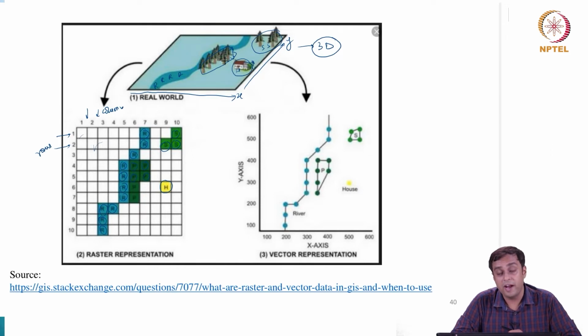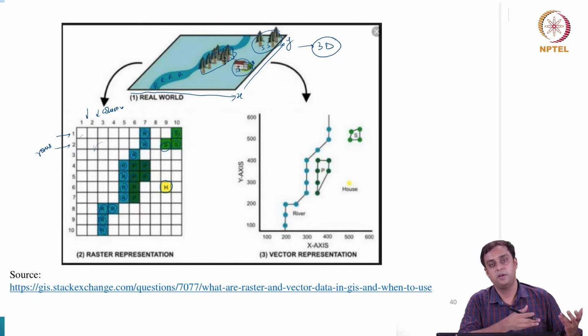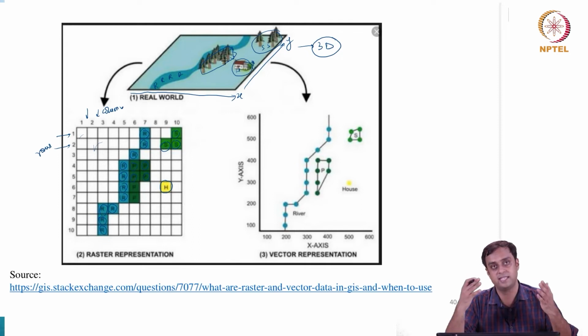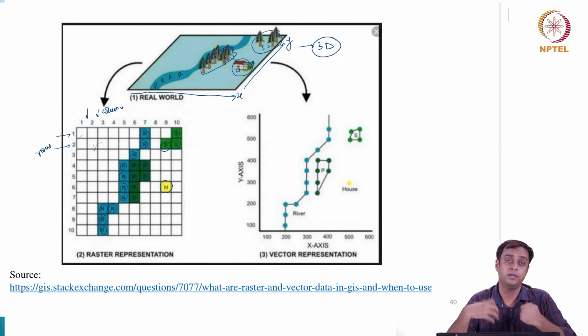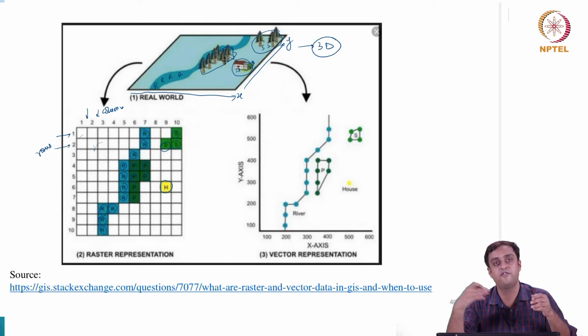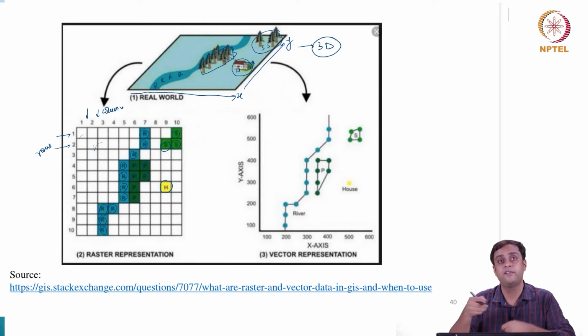When we come to the vector representation, very interestingly, the river is reduced to a line, just like a road in the previous example. The river is reduced to a line. Once again, you have an x and y axis, you have a coordinate system that you're working with, and you have a gridded format that you create with discrete steps 1, 2, 3, 4, 5, both on x axis and y axis. And through these gridded points, you simply create a data structure where you reduce the curvy looking river into a line with 1, 2, 3, 4, 5, 6, 7, 8, 9, 10, 11, 12 vertices, right.